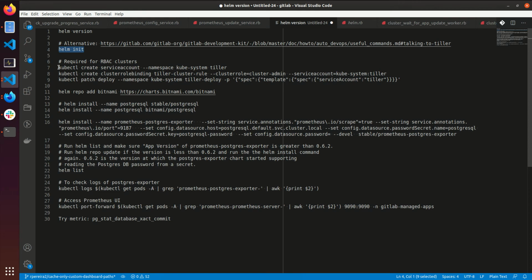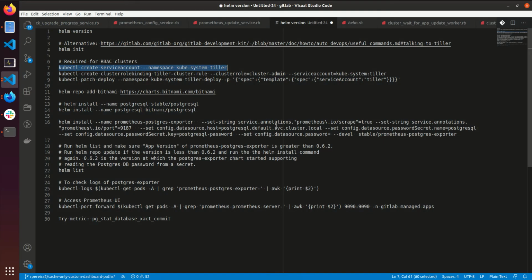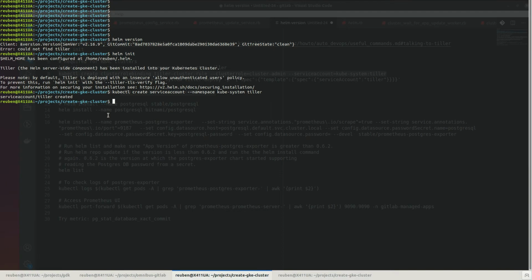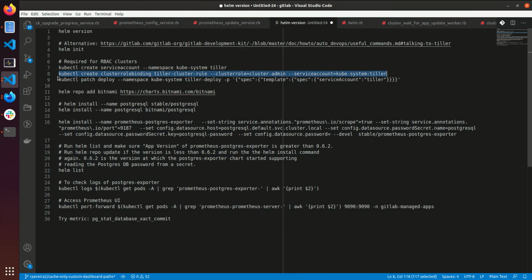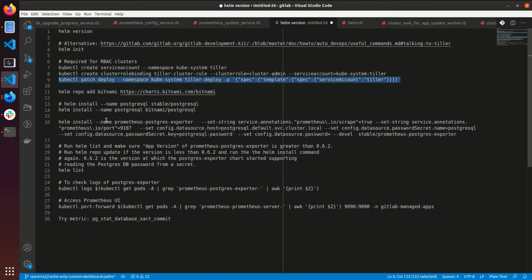Since this is an RBAC cluster, role-based access control, we need to run these commands. We should now be able to install Postgres.